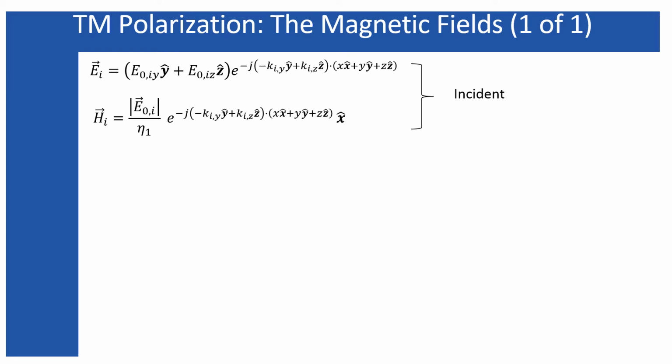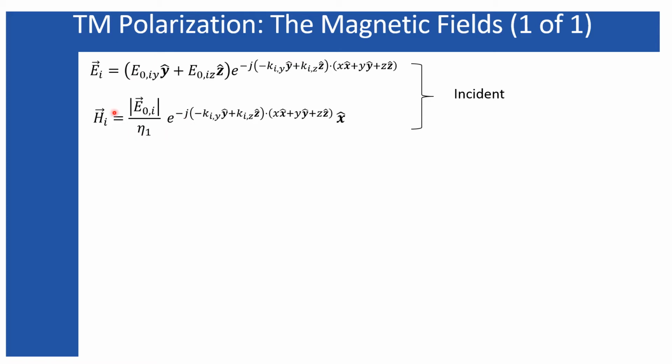Although I have considered the electric field only in my previous slides, the magnetic field also I have to consider when I'm going to derive the magnitude that should be transferred into the second medium when the incident wave is incident on the interface from the first medium. So this is the magnetic field for the incident wave. You can see from here the magnetic field is directed along the positive x direction, as I have drawn in my diagram, while the electric field has two components.